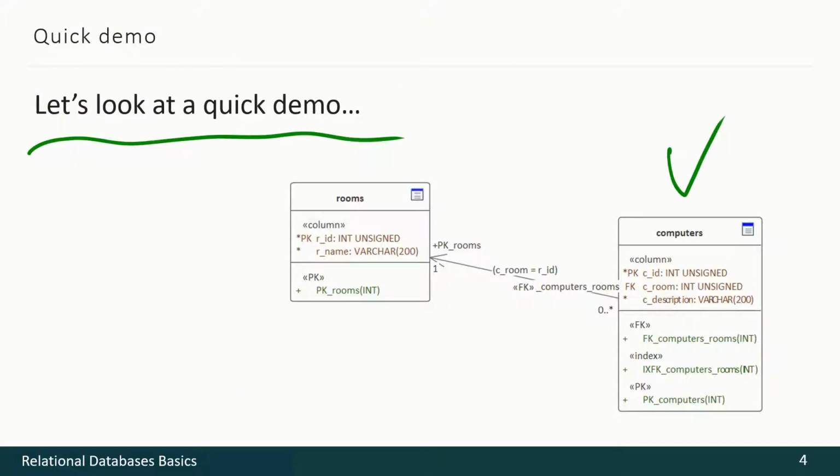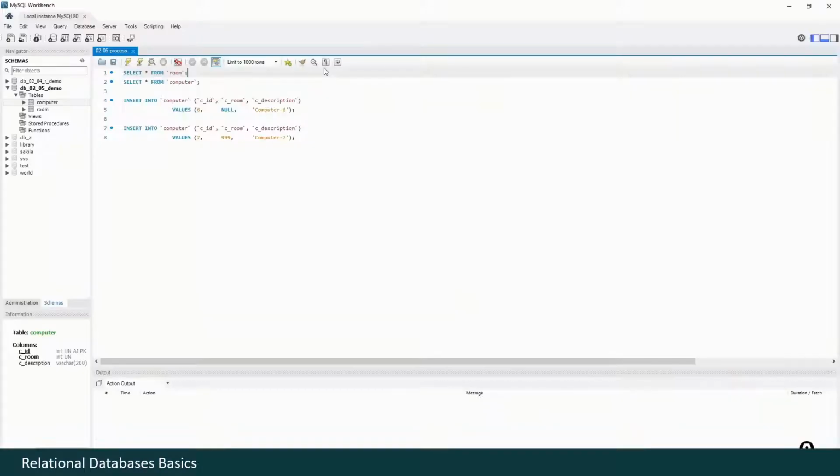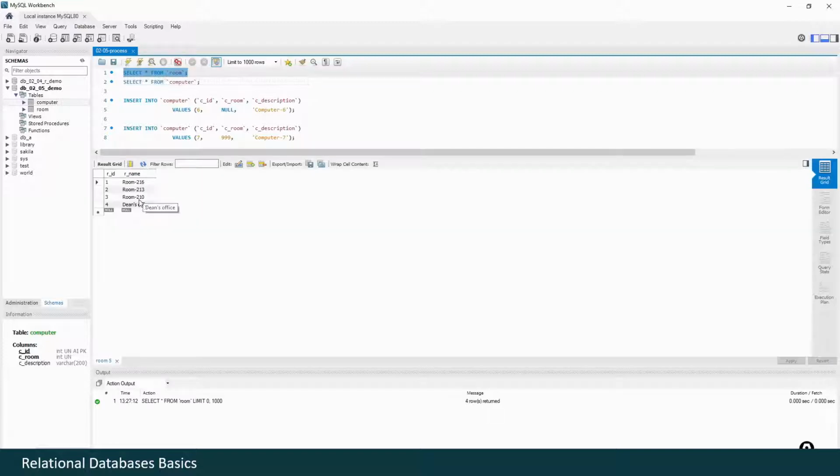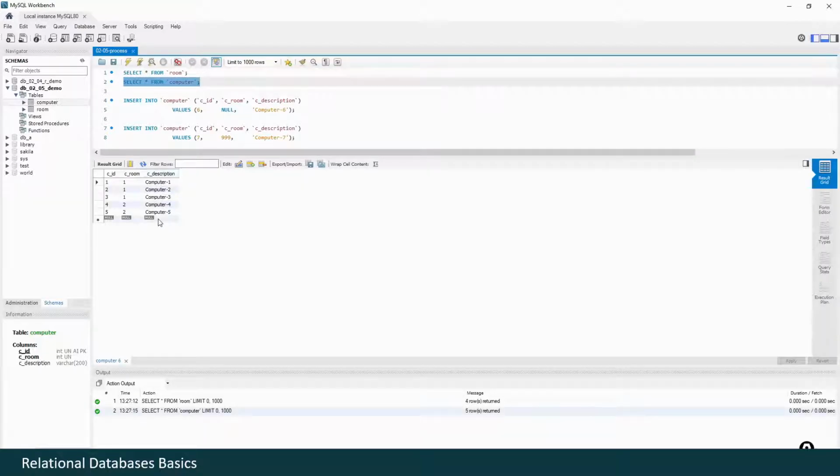Here is our child relation, and the parent relation, and we will try to insert several records here and see what will happen. Let's start with checking what's right now in our tables, room and computer. Here is the contents of the room table, and here is what's inside the computer table.